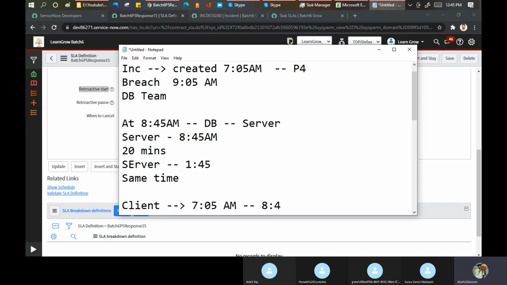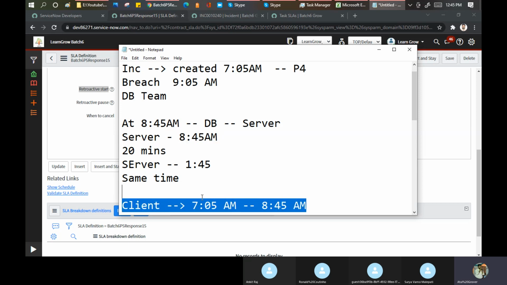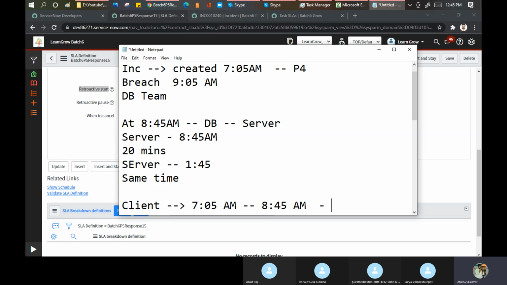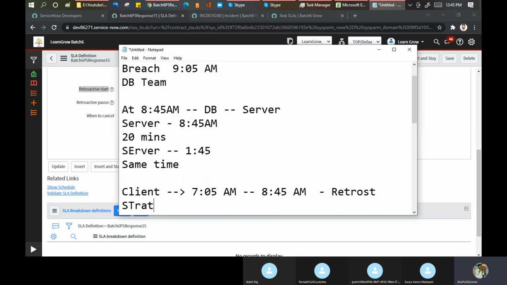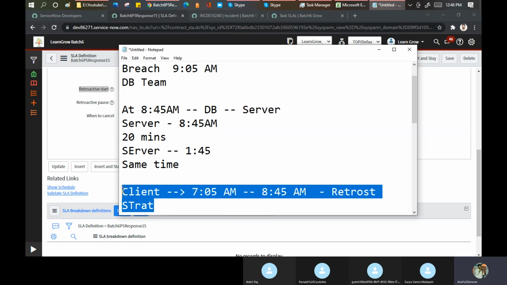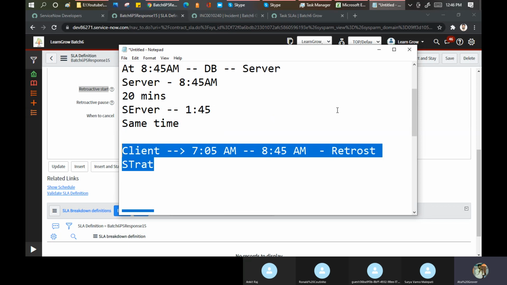The incident was created at 7:05, and according to this time it is going to breach at 9:05. Now, if you are getting it by 8:45, it is not my headache. This is called the retroactive start here. I'll take my time from the start timing only.